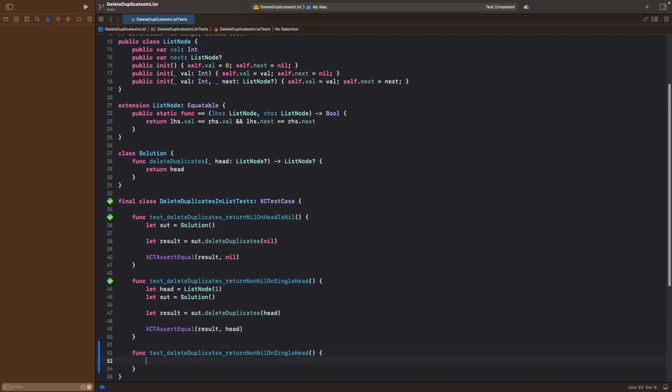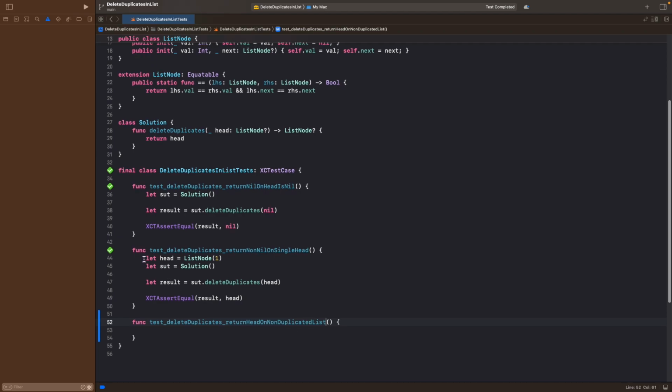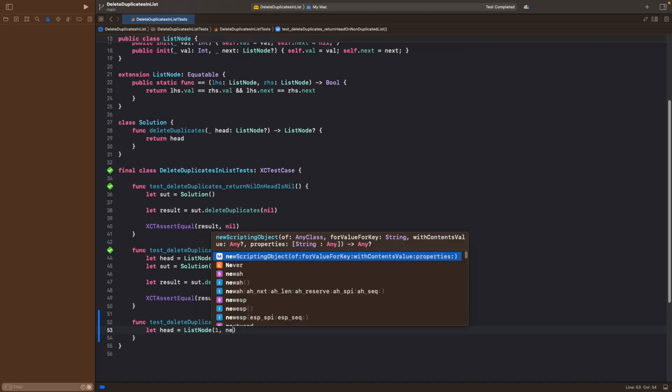And let's move to another test case. So what we want to test, for example, is returns head on non-duplicated list here, right? So for example, we already have this setup head, but the list node is something like a